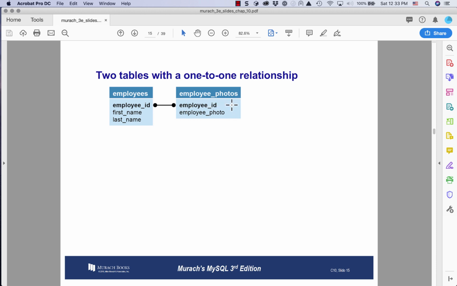And maybe the employee photo is a big blob. It's a really big field. There are times when even when they're not optional, people would like to design them into their own table. So you could see that. But the fact is, if there is always one and only one employee photo, and it has a modest size, and it's not optional, I think the strong argument is for moving employee photo over to